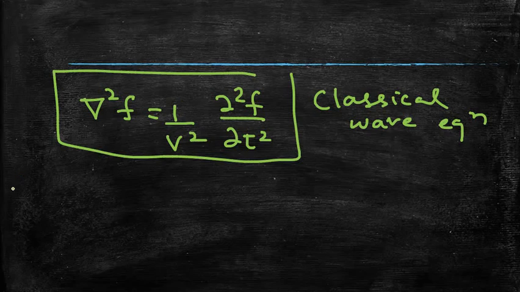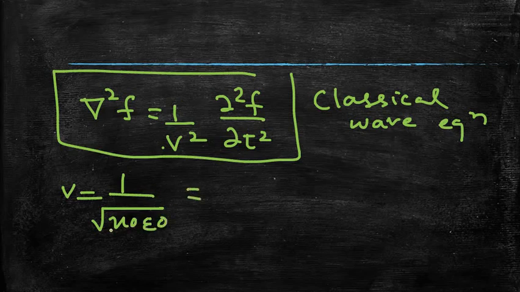So now we find that del square E is equal to mu 0 epsilon 0 dou square E by dou t square, and del square B is equal to mu 0 epsilon 0 dou square B by dou t square. They are second order equations, and they are the same as the classical wave equation. Here it describes a wave traveling with a velocity v. So our velocity v is 1 by root of mu 0 epsilon 0, because they are electromagnetic waves.